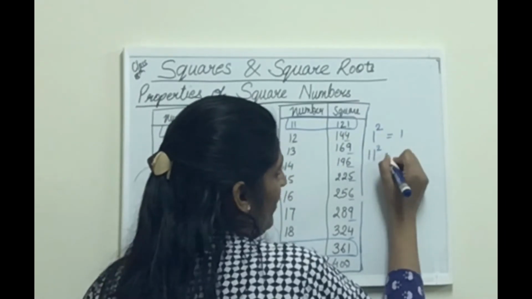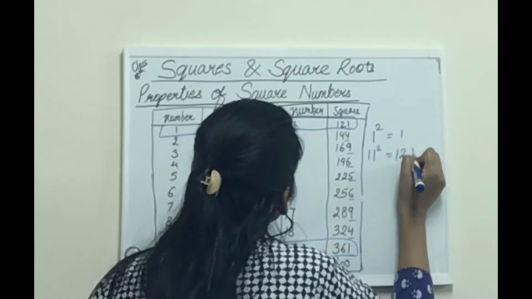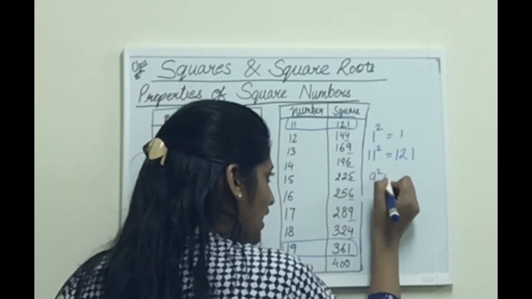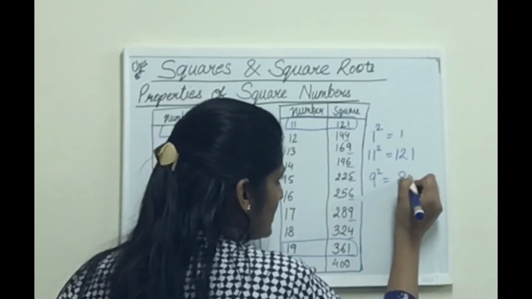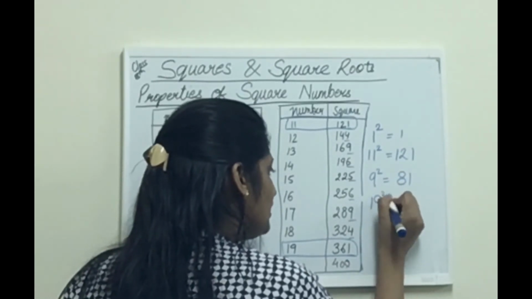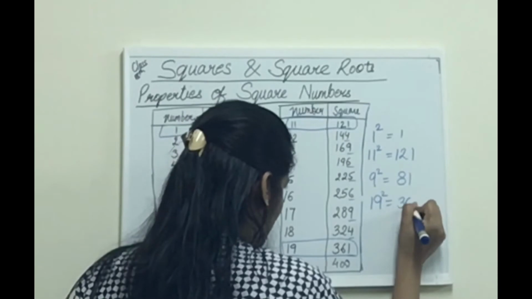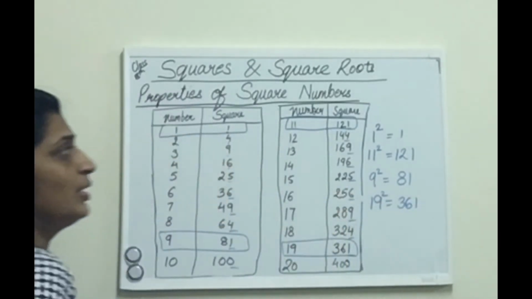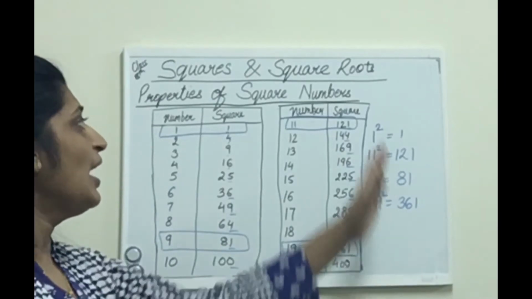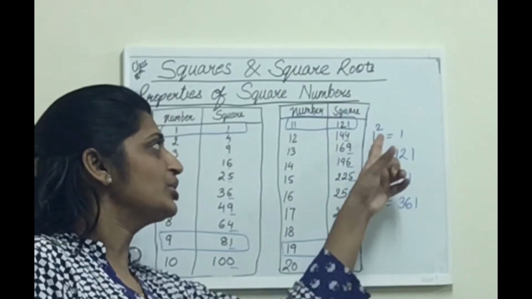Square of 11 also ends with 1. Square of 9 ends with 1. Square of 19 ends with 1. Understood? So I conclude that if any number whose units digit